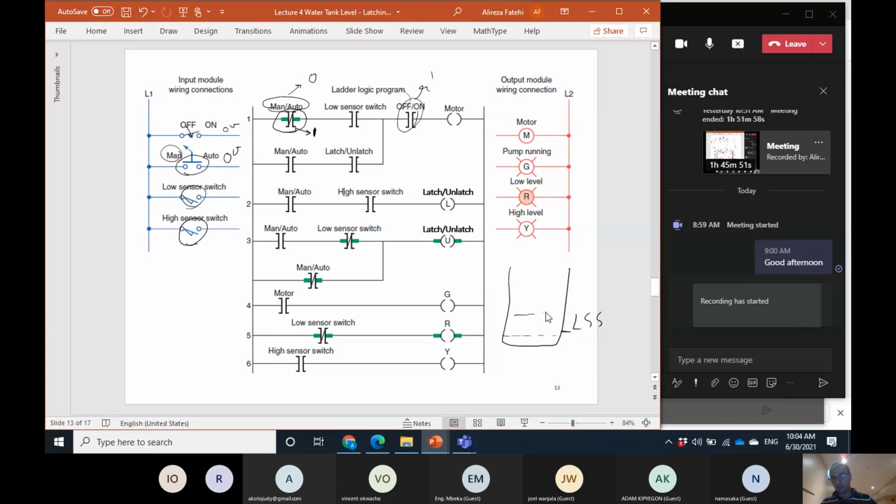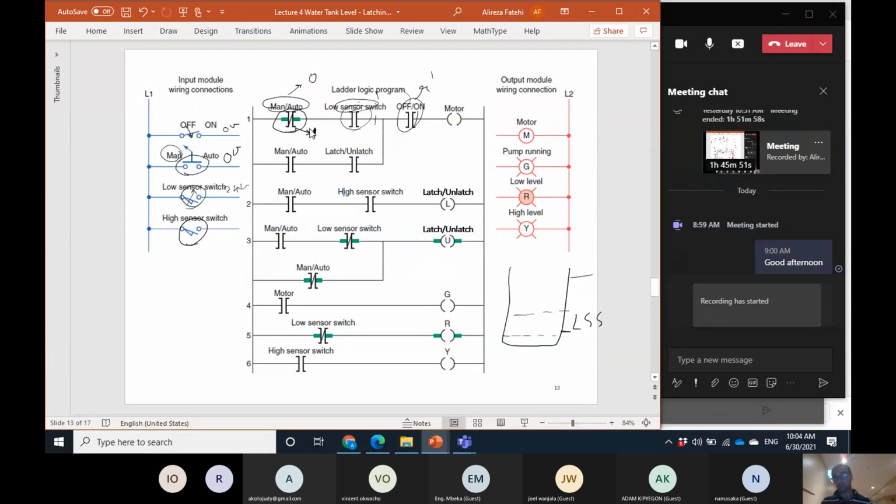But if the level is higher than low sensor switch, regardless of whether it reached the high or not, in that case, this is closed. It is activated, so it is closed. So this is 24 volt, and so this is 1, and this is 1, and so the motor turns on. So you see that this line, this part, of course, this is just for on-off, and this part implements that